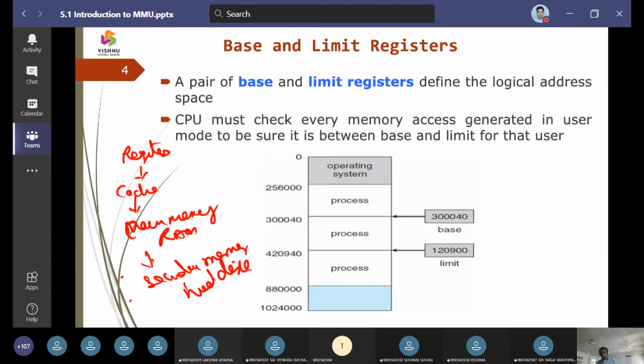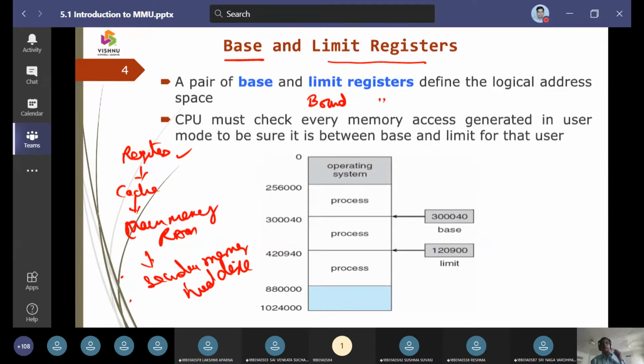Now we need temporary storage of data, and that temporary storage of data is going to be accessed via the register architecture. Before we dig deep into the register architecture and the different types of registers available in memory organization, let us start with two registers. One we call the base register, another we call the limit register. The other name for a limit register is the bound register.